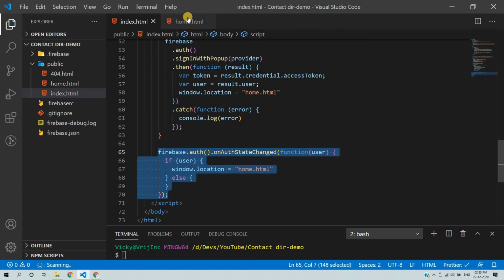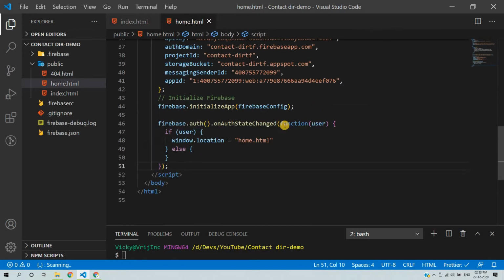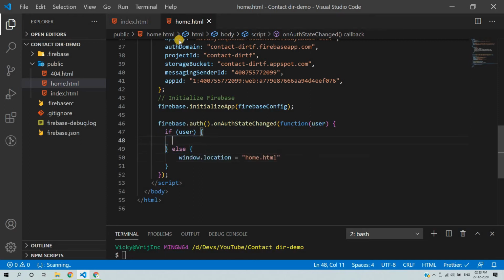Similarly, we will do it here. We will check before going to the home page whether the user is successfully authenticated. Only authenticated users can see the home page, and otherwise, if the user is not authenticated, we will change the URL to index.html so that the user can log in and then check the user details.